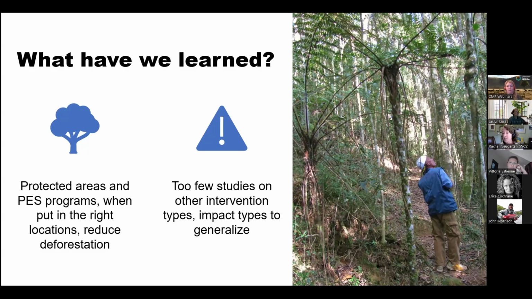For other kinds of intervention types, other than protected areas and PES programs, and for other kinds of impacts, so things that aren't deforestation, like wildlife population trends or socioeconomic impacts, in my personal opinion, we still don't have enough studies to generalize. There may be individual studies from individual contexts that show very rigorously that these projects worked or weren't working or were working in some circumstances and not others, but we can't really generalize. So there's still a big gap in this literature, which was unfortunate for me. I was really hoping I would have some kind of answer about what we know and what works in conservation.